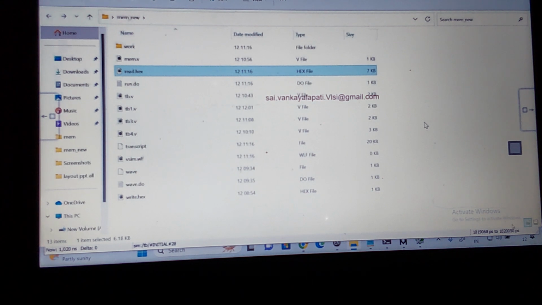Did you understand this program? So this is how you can model the memory. Is it clear what is meant by front door access and back door? Basically it is to cut down the simulation time. Many test cases are there. If you go with the front door access, it takes more time. You'll understand this by checking the simulation time. To remove this, we'll go for the backdoor access. So this is memory modeling.